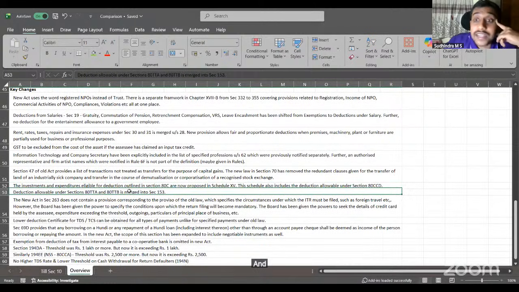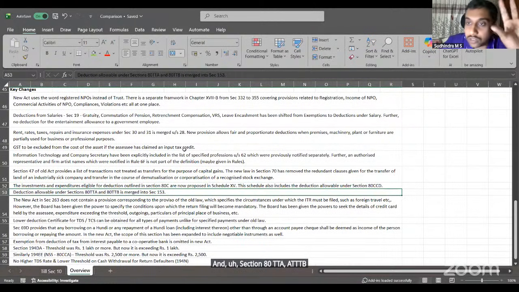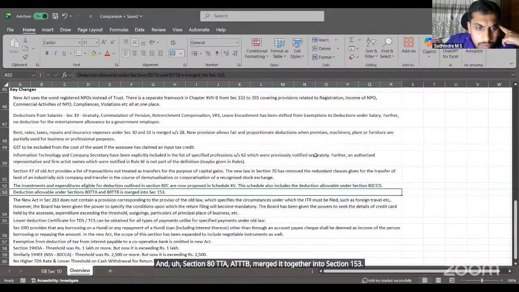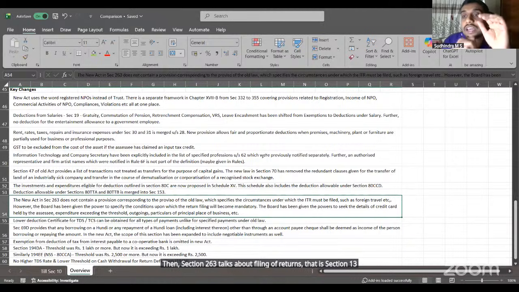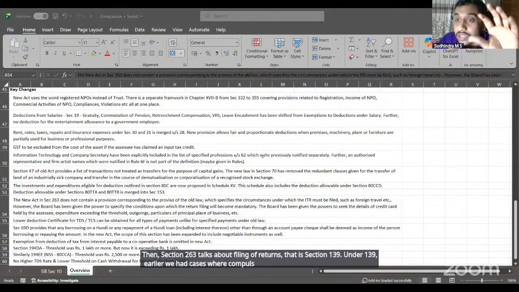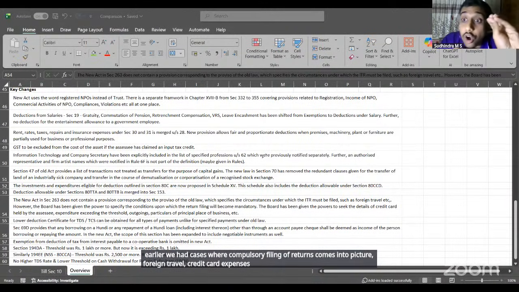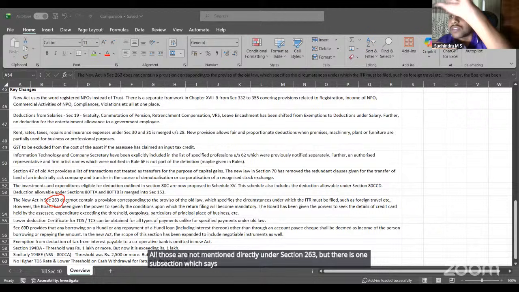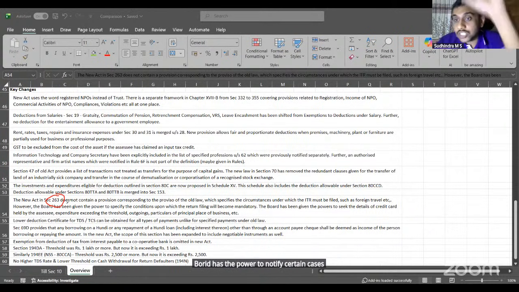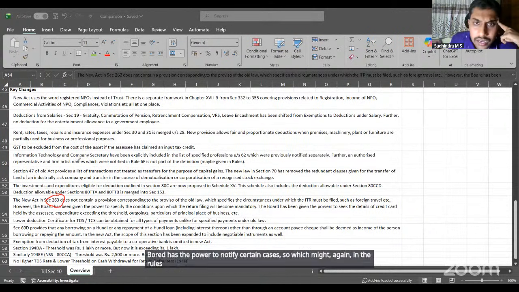And section 80TTA, 80TTB merged together into section 153. Both the provisions together continued. Then section 263 talks about filing of returns. That is section 139. Under 139, earlier we had cases where compulsory filing of returns comes into picture: foreign travel, credit card expenses, etc. All those are not mentioned directly under section 263, but there is one subsection which says the board has the power to notify certain cases. So again, in the rules, they might still bring in